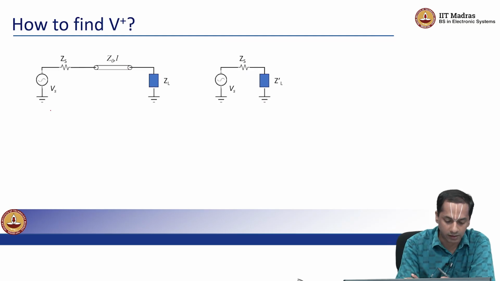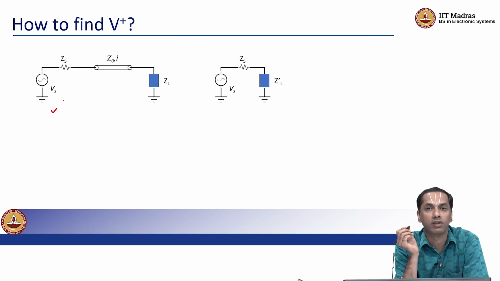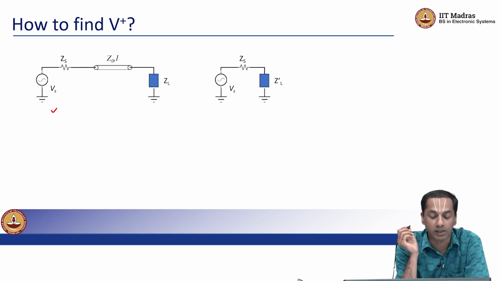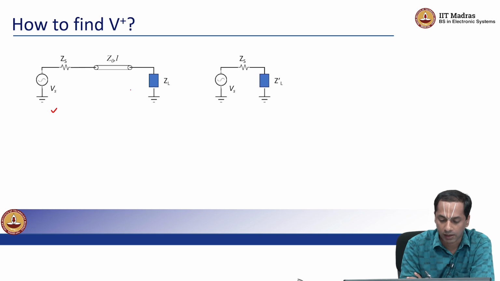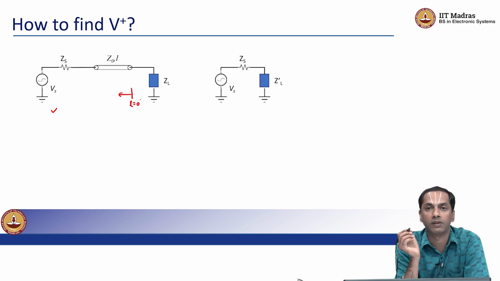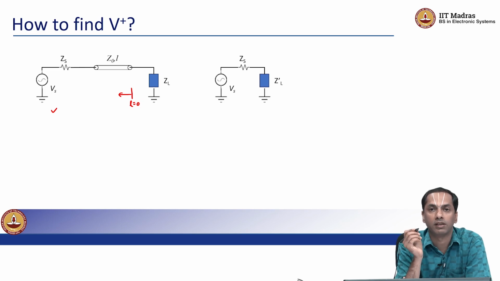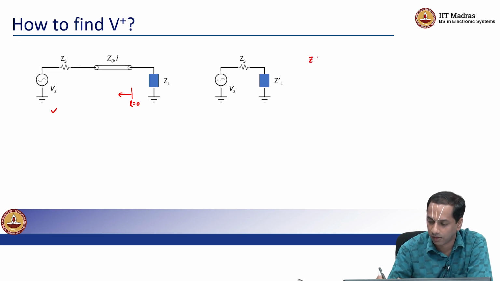So we have a realistic scenario here where there is a source with a source impedance and a transmission line, a lossless transmission line of impedance Z0 and length L, and there is a load impedance ZL, right. So everything that we learned so far told us that as we move away from the load and towards the generator, the impedance locally that you can replace it with keeps changing, and we had the expression for what this impedance was as a function of length